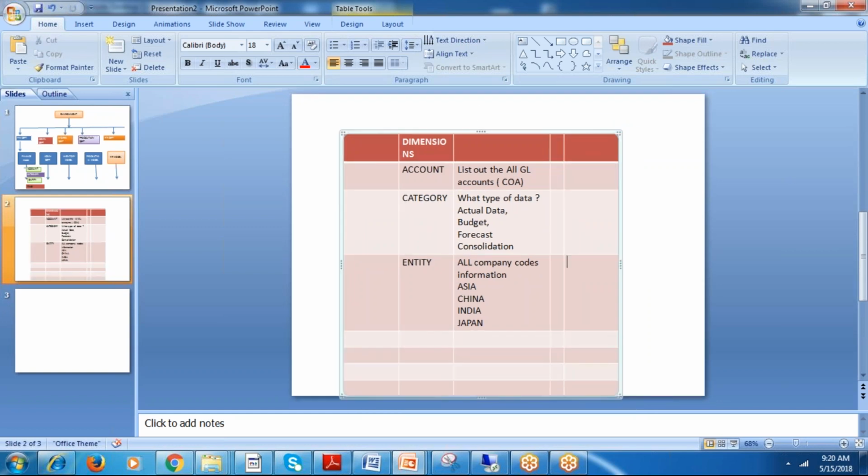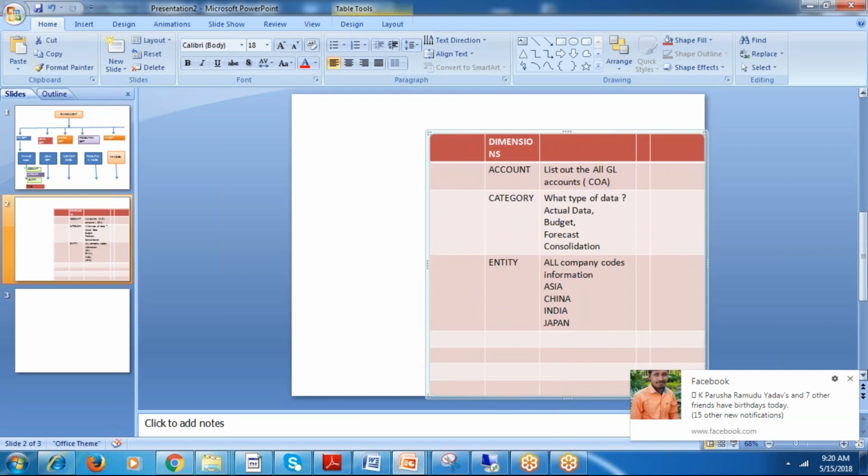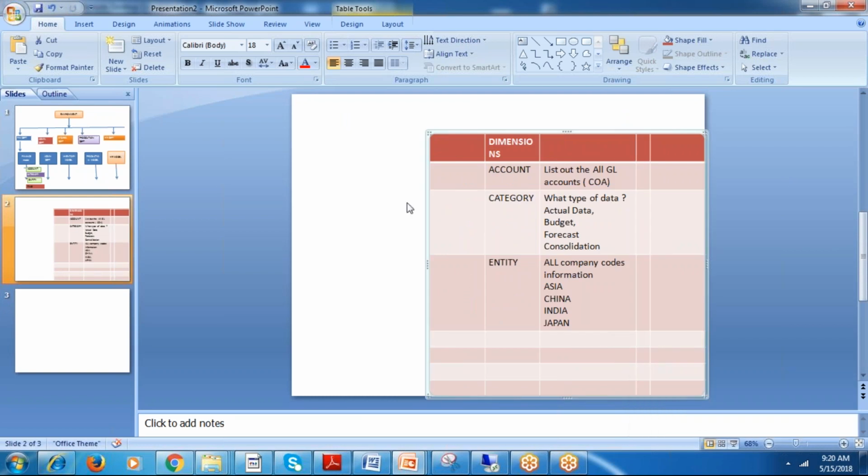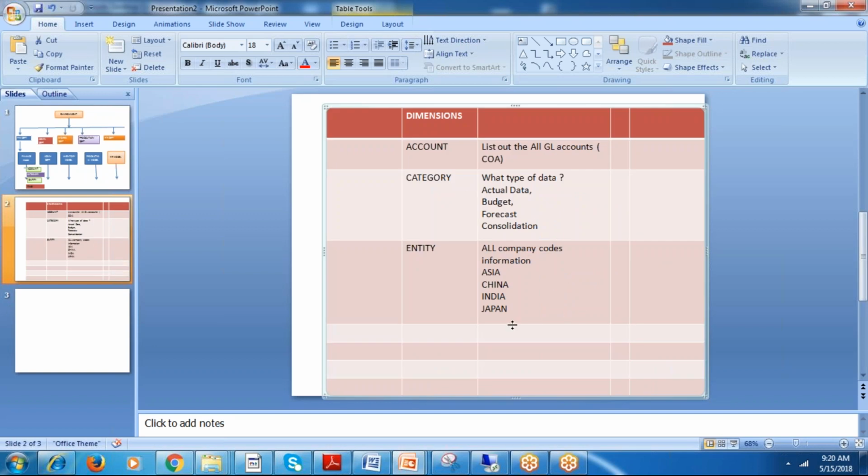All my company codes information is available in the entities. The entities mean we know all the company codes information, account and time. In BPC, for the time, we will not maintain day-wise reports. We will maintain the time dimension like year and month, year and month, like